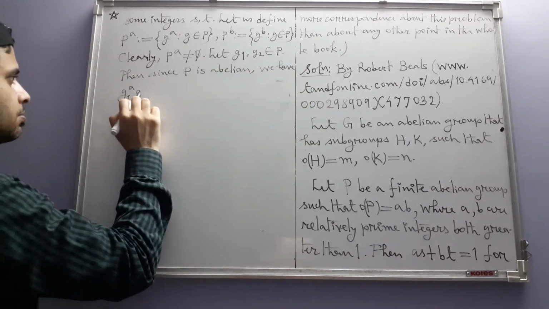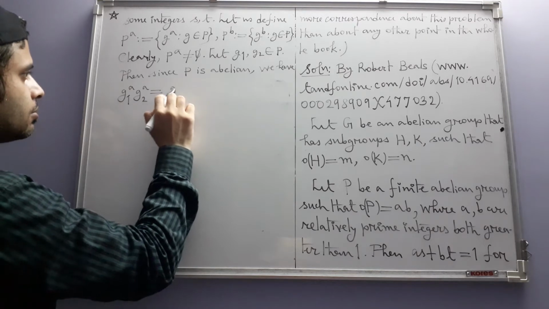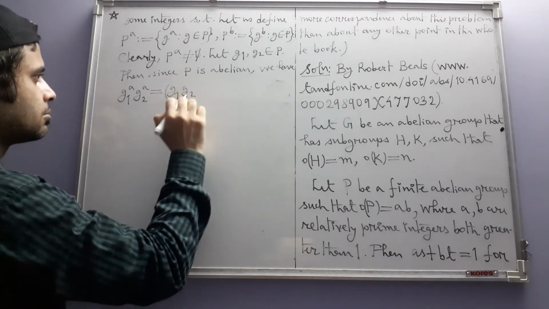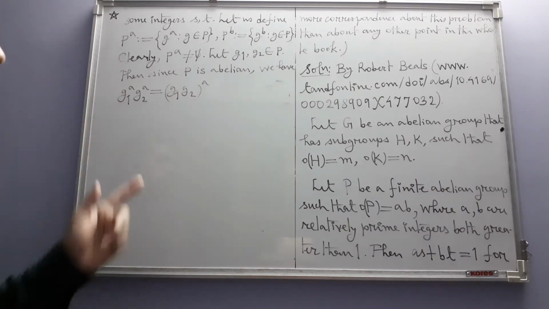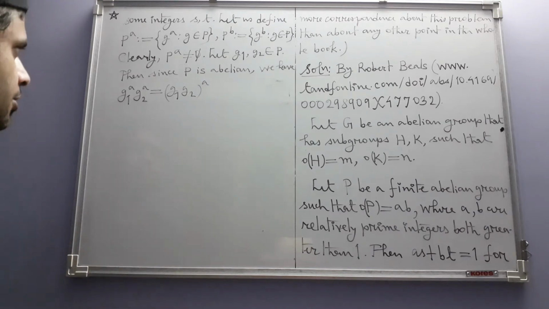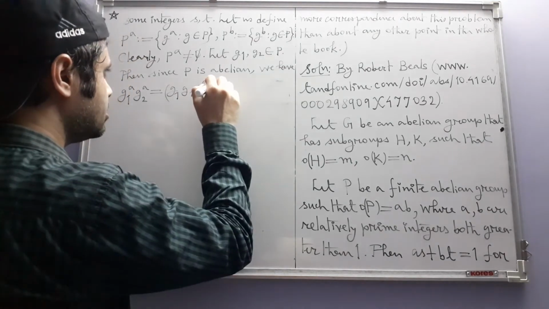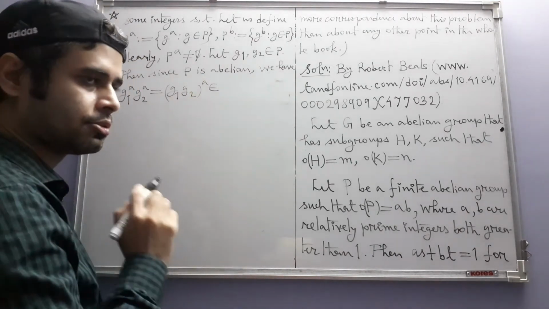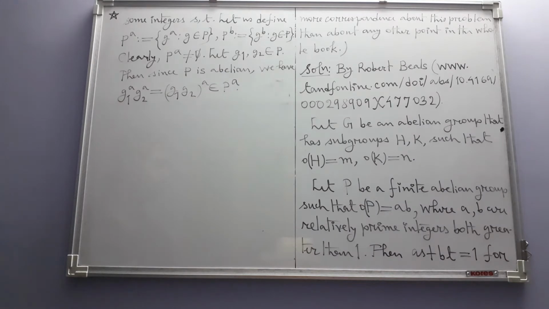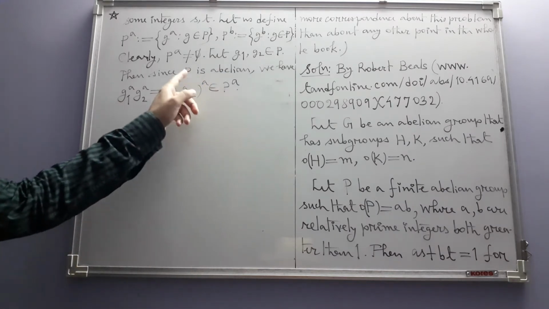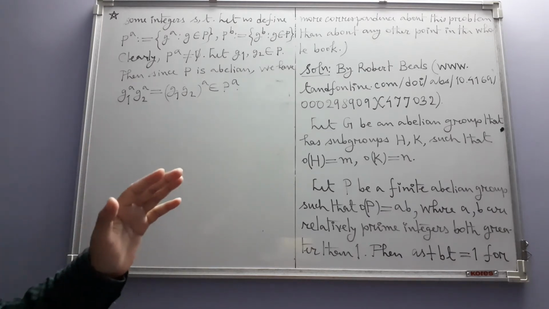we calculate the product of these two nth powers. Because P is abelian, this product is actually equal to this. It's an identity that is true in an abelian group. In fact, I think in a previous exercise we proved this also. You can apply induction on A to prove this. And this is again an Ath power where G1 G2 belongs to P, so that means it belongs to PA. So we have shown that PA is closed under the operation in P, which means that PA is a subgroup.